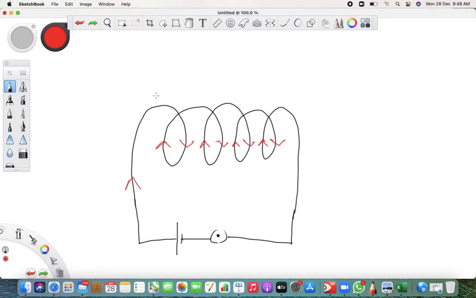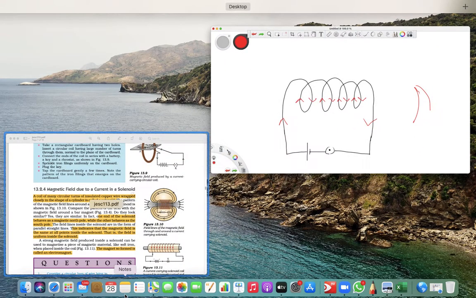And if your thumb is in the upward direction, for example I am talking about this part where all the upward direction part is, then the magnetic field goes in this way.